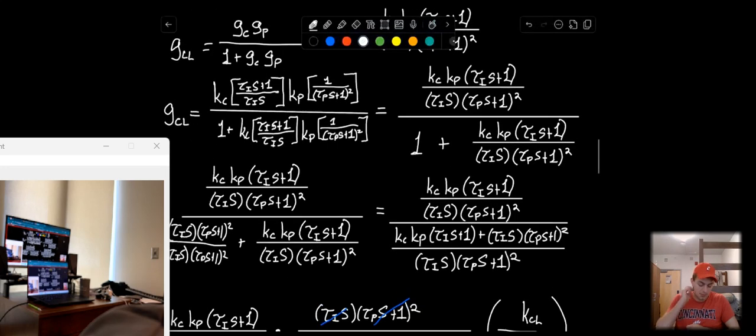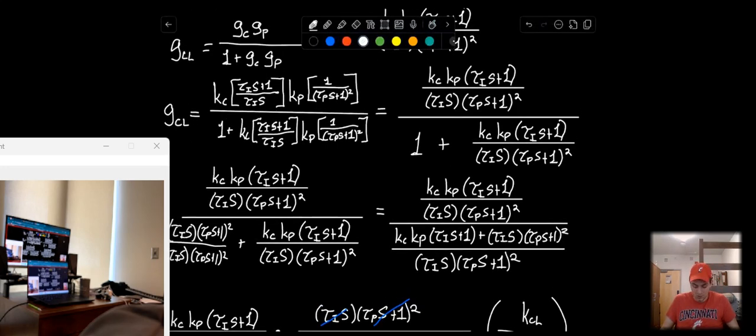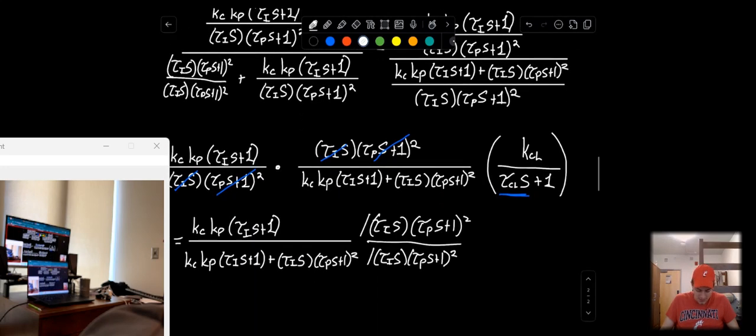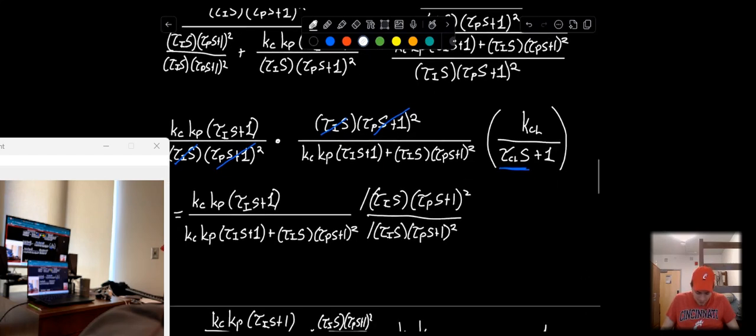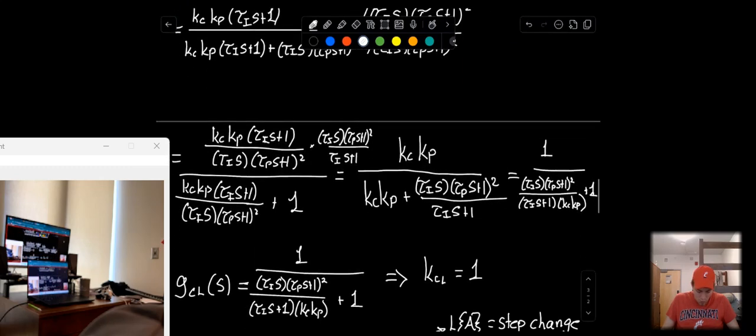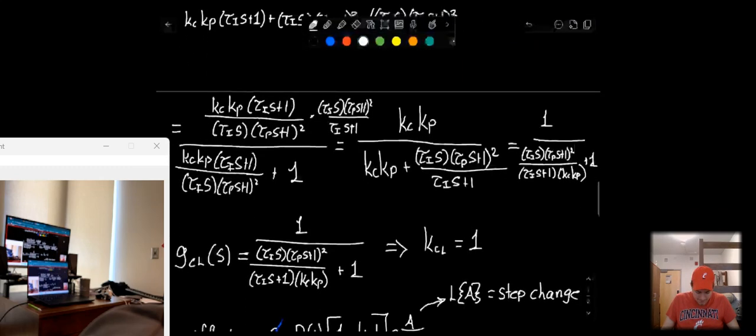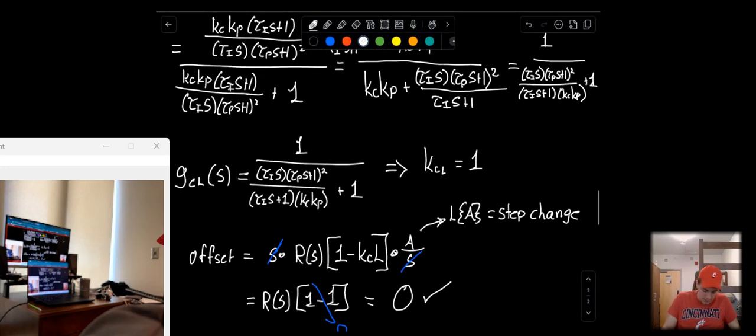However, this derivation would work for any order because, again, that tau p s plus 1 term is being canceled here and is only appearing once in its native form in the closed loop gain function here, right? So truly, we could extrapolate this idea to occur for any order of a process gain